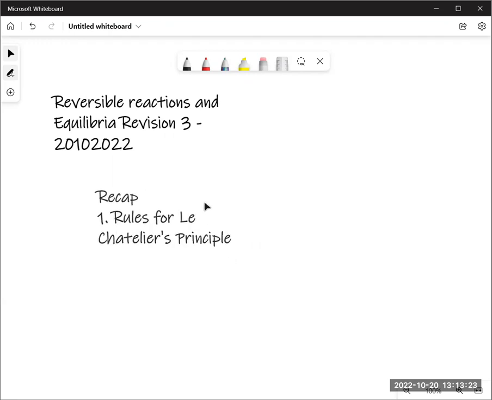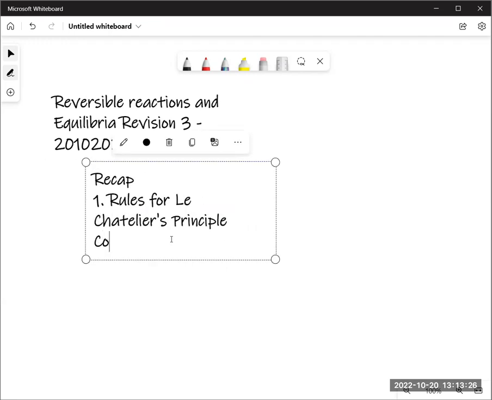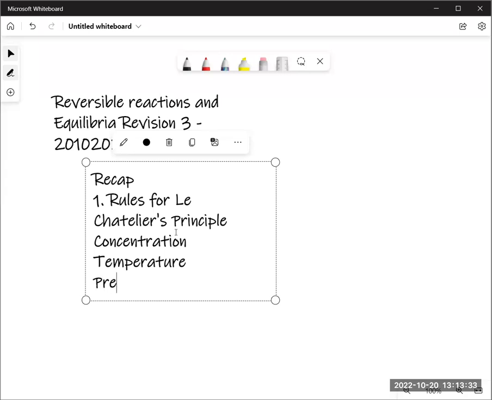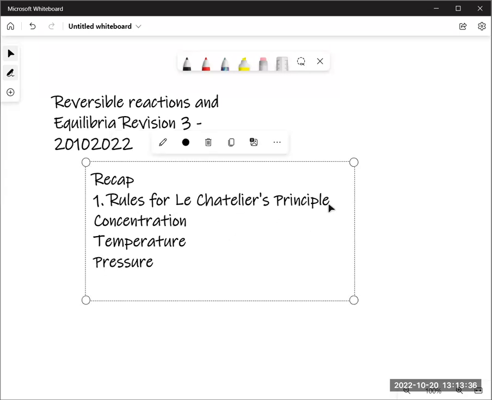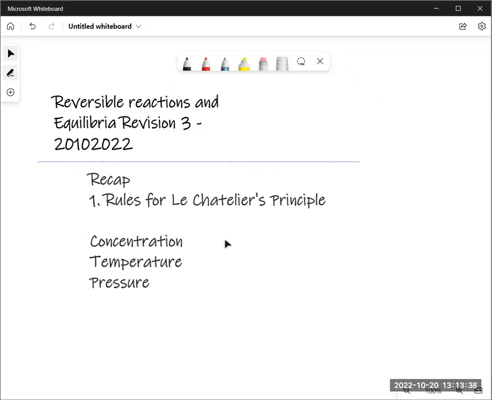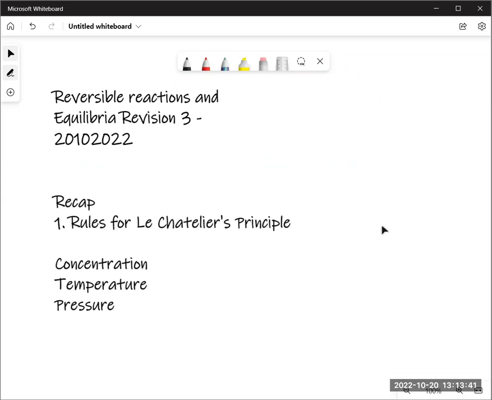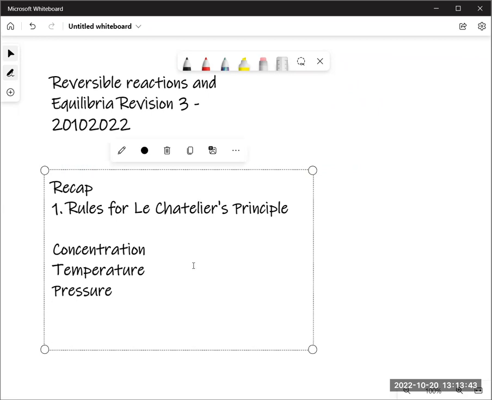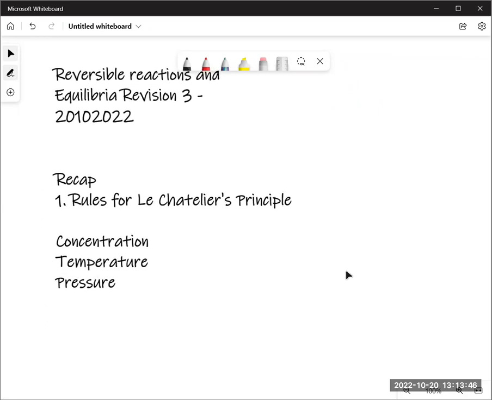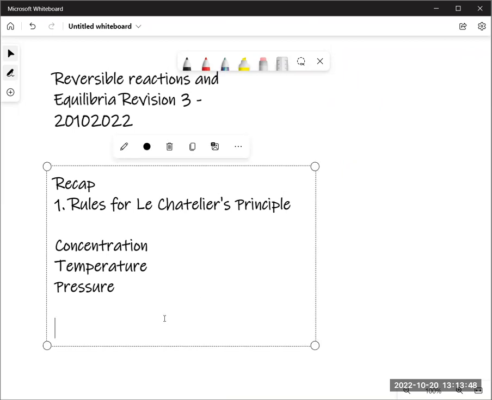We finished concentration, temperature, and pressure. Now, the main thing after this is concentration, temperature, and pressure. And after that, we looked at